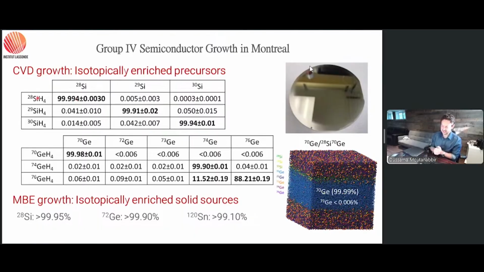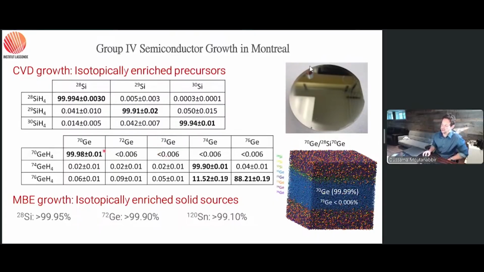This is silane. And we also have silicon-29 silane and silicon-30 silane, but this is something that we rarely use. In germanium, we have monogermane, which the supplier says is 99.98%. This is what was guaranteed. But what is really interesting is to see that germanium-73, which is a nuclear spin full element, the concentration is extremely weak. The same thing here in silicon-29: it's close to the sensitivity of the method used